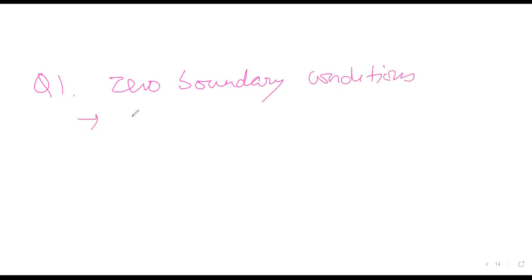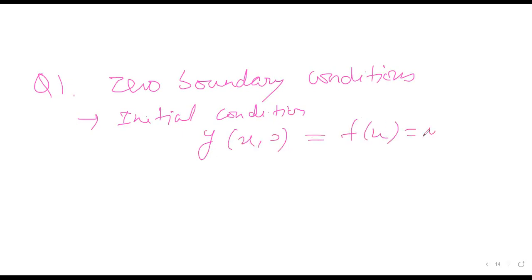So what are the possible questions? Question number one, the very easy way, is that you have zero boundary conditions and some initial condition. The initial condition is usually a function, where it will say that y of x,0 will be some function of x, like mu of (lx minus x square), or it can be y naught of sine cube x, that kind of thing, so that you can apply the Fourier series, not transform, Fourier series.